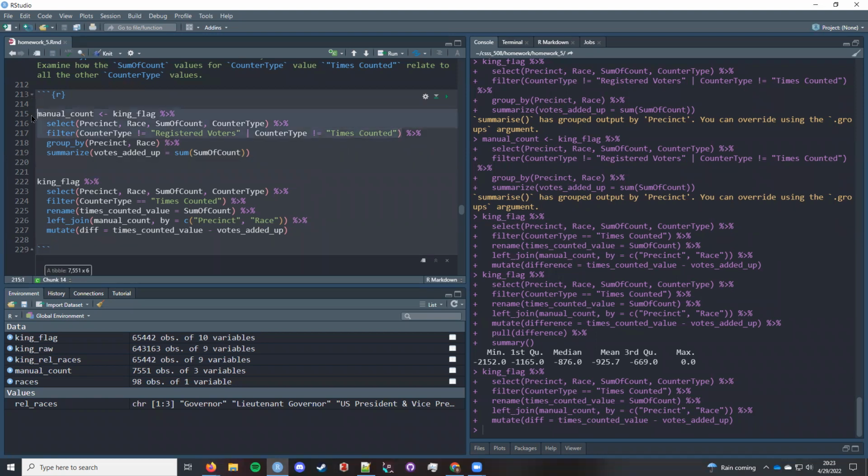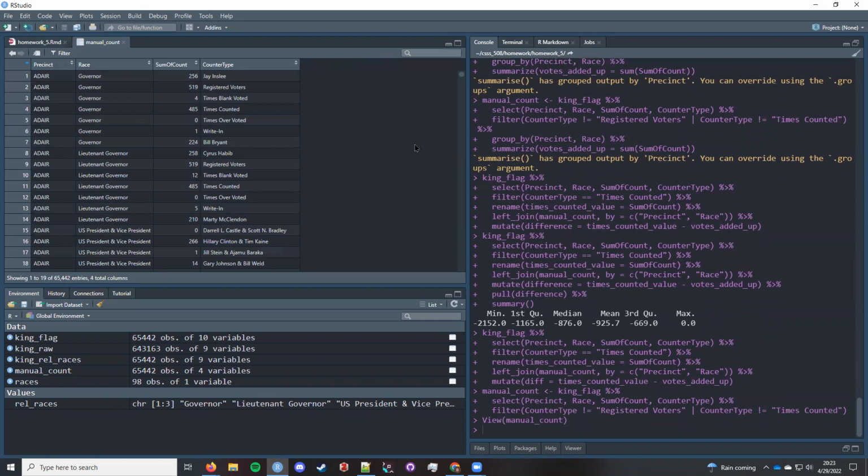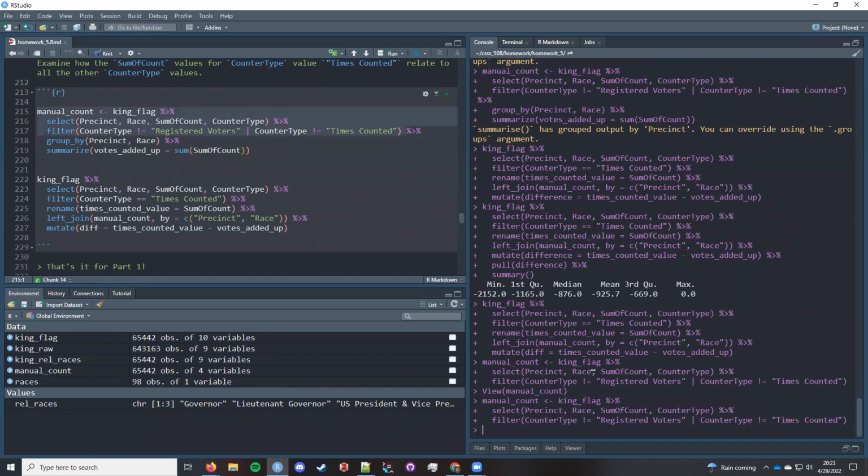Starting to question if this didn't go correctly. So let's check that out. Annual count, governor. So for the governor, we have people who voted for Bill Bryant, people who voted for Jay Inslee. The registered voters here is still in the data somehow. Did I misspell registered voters maybe? Let's see here. So we have this. And now let's say